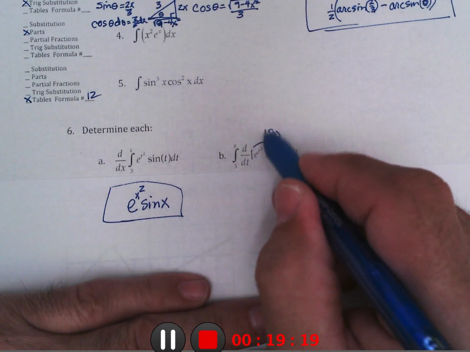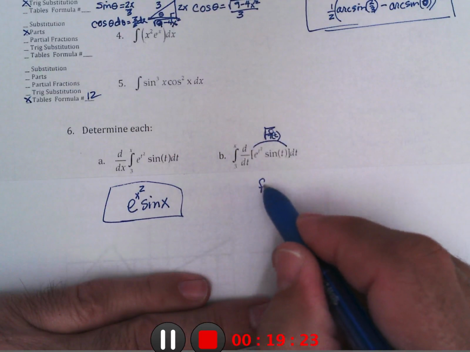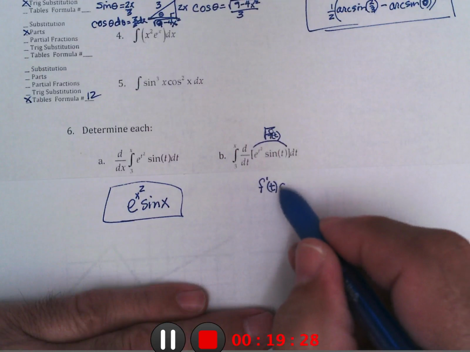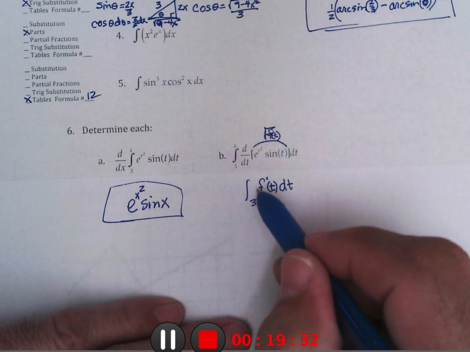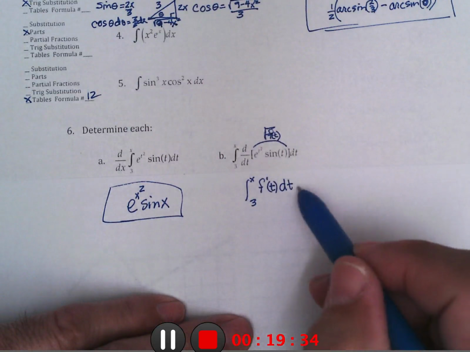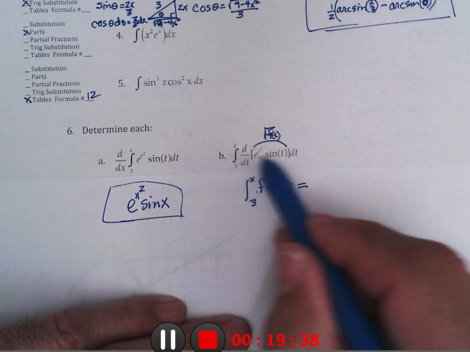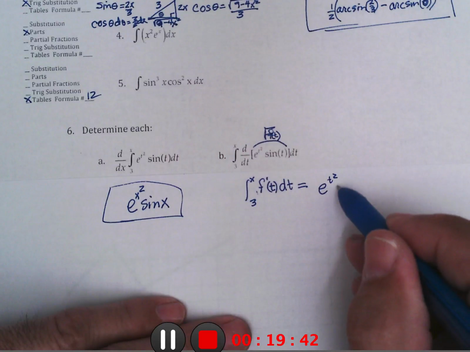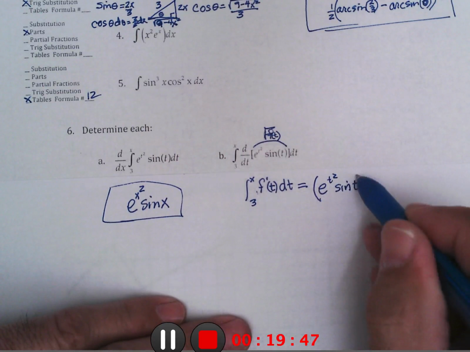So then the derivative would make it f prime of t dt, which I'd have to integrate from 3 to x. Now to integrate this, I'd have to find the antiderivative of f prime. Well, that's this. So that's e to the t squared sine t, and I'd have to evaluate it from 3